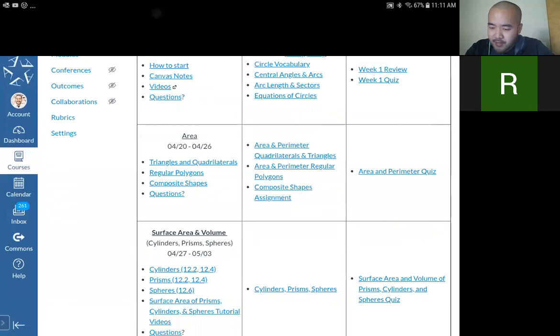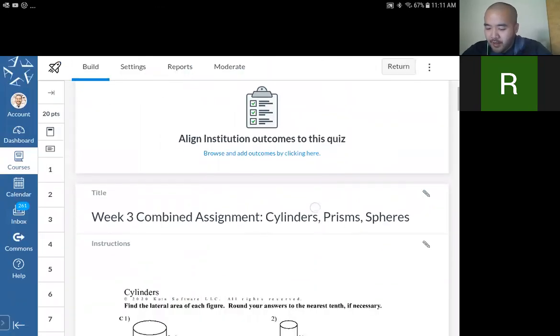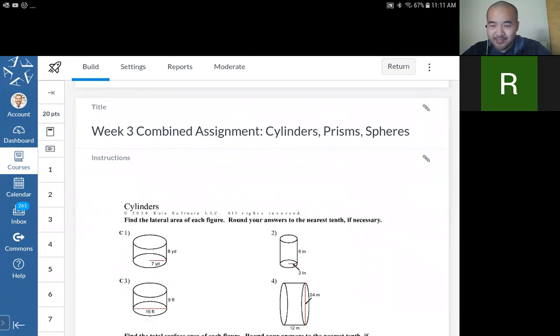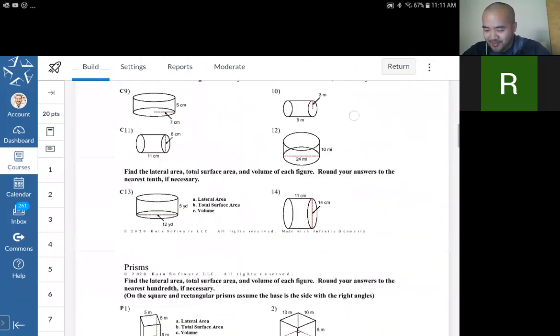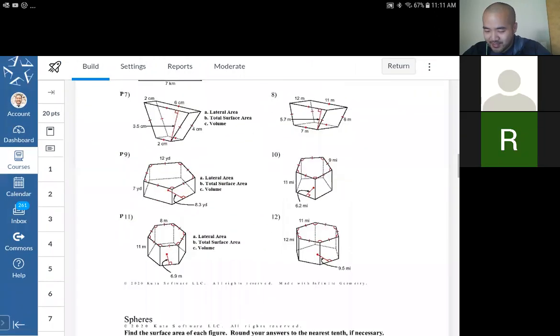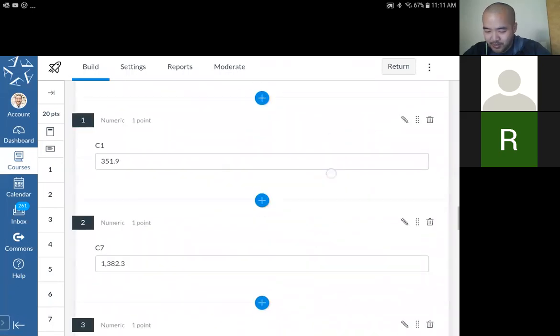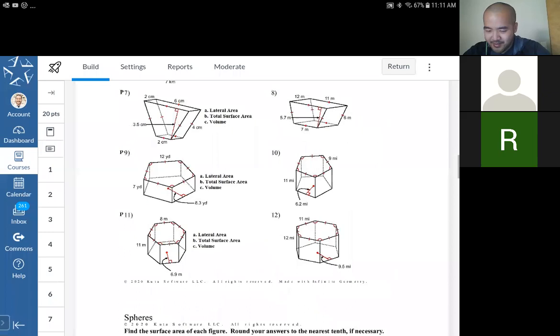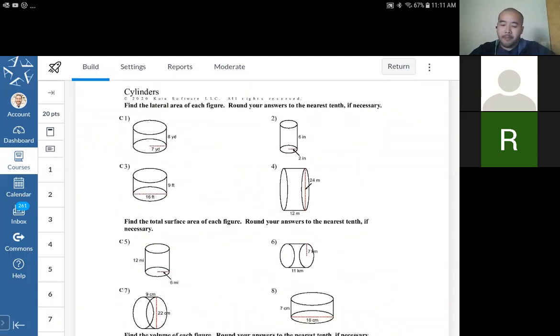So for the assignment, I've shortened this assignment since the first time I posted it, and I've also taken out a bunch of questions. It started off with like 30 something questions. Now there's just 20, so it should be more manageable. Oh, hey, there's some answers. So if you saw that, you can have those answers. But anyway,